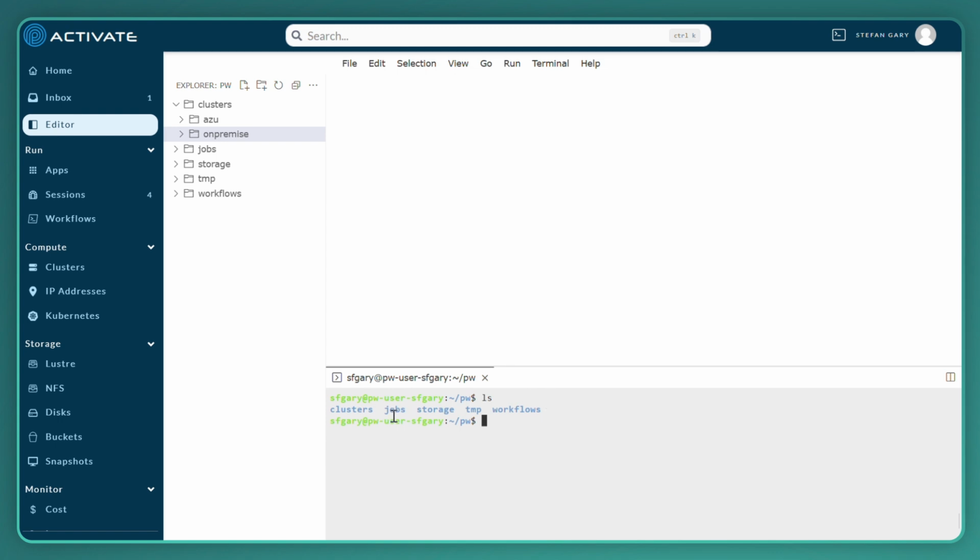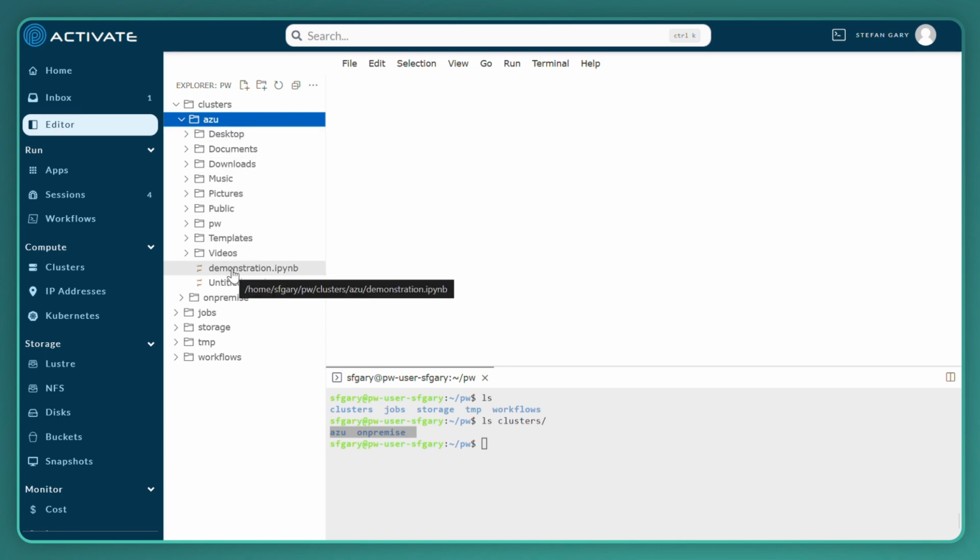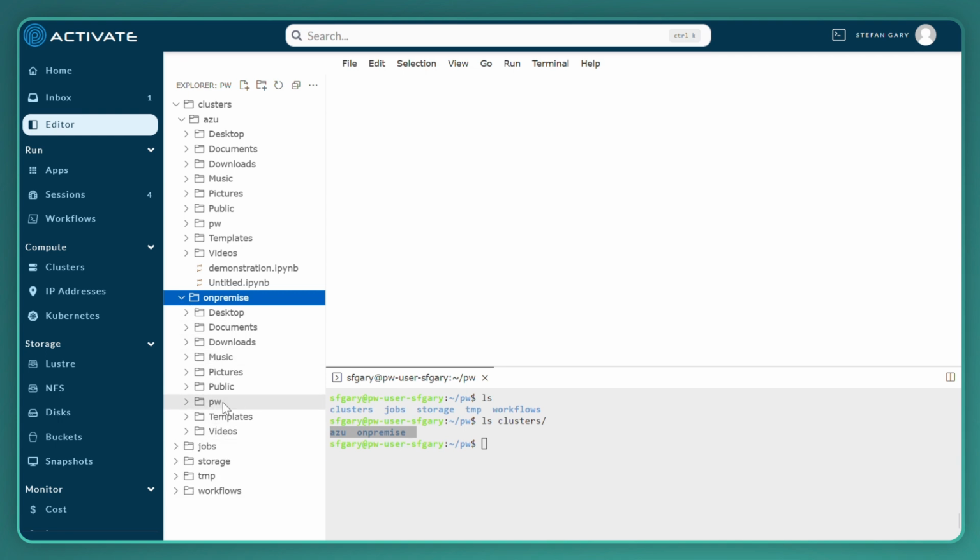And within this workspace, I can also mount the home directories of my two clusters. And so I have the Azure cluster and the on-premise cluster mounted. And if I drop down, I can quickly see that my demonstration notebook from the Azure cluster is available. But my on-premise cluster doesn't have that notebook yet. So if I move it over, I've now moved the demonstration notebook over to my on-premise machine, or my on-premise